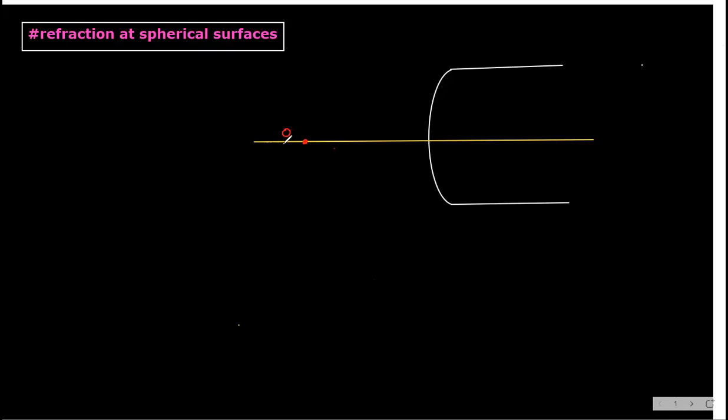Now a light ray will come like this and it will get refracted like this.